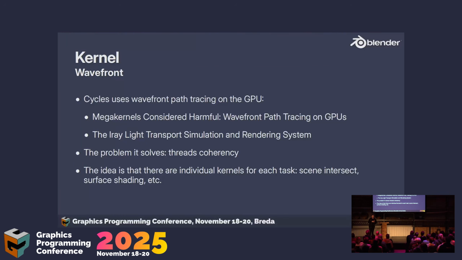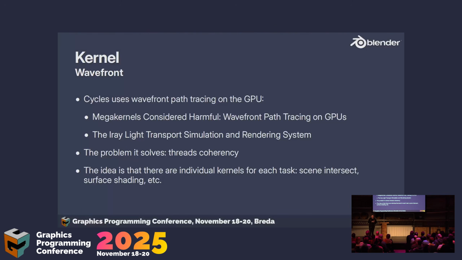They go deeply into details explaining why exactly things are quite bad on a GPU, but basically what the wavefront approach is solving is the cache coherency problem, where some of the threads in one warp on a GPU might be doing ray intersect, some other threads might want to do shading, others might want to do light sampling, and the GPU ends up masking a lot of threads, and then the utilization of the threads is not very good. So the